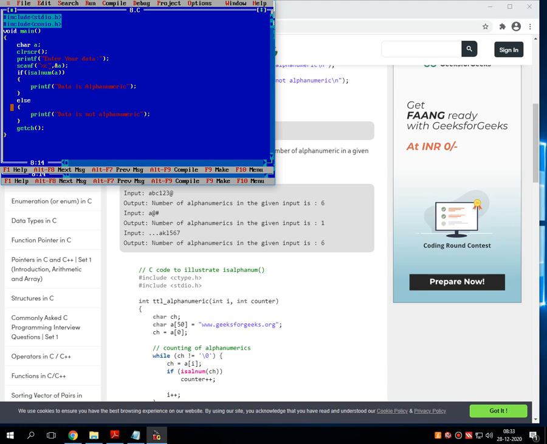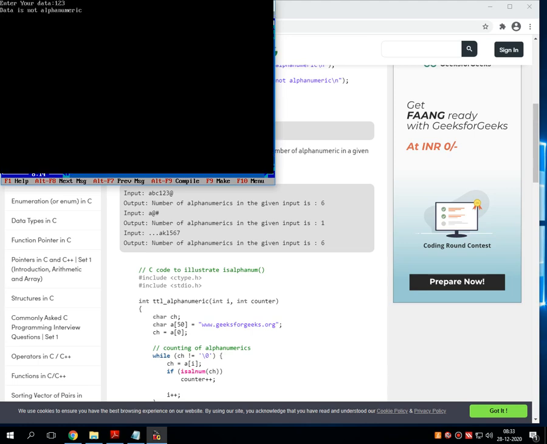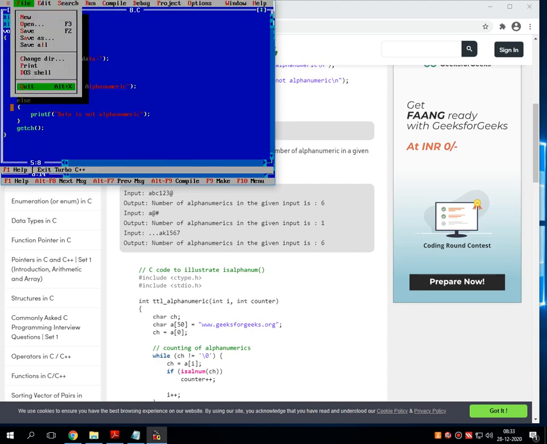Now let's enter the data in the format of an integer. Let me check whether it works or not. What it returns: data is not alphanumeric. So in this way this program works.